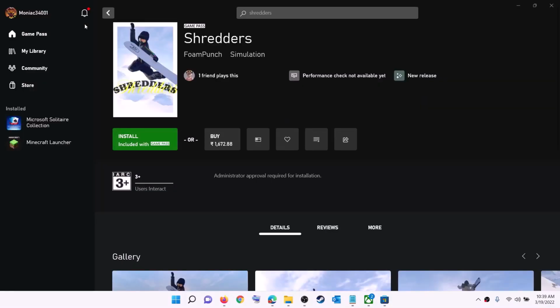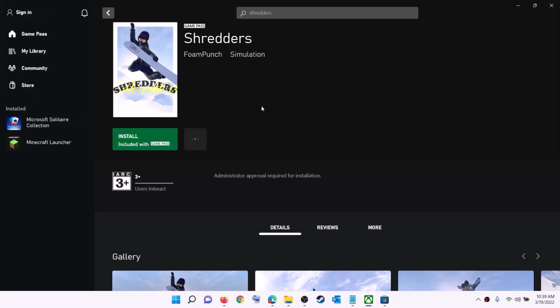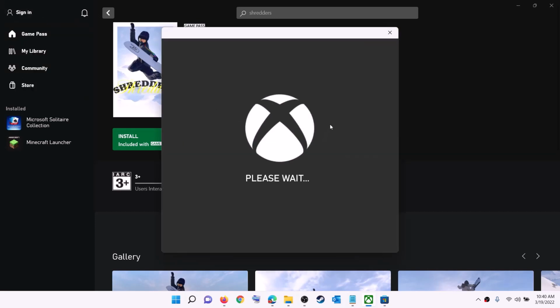Now open Xbox app. On the top left here you can see your profile icon, click on it and then click on sign out. Then again click on sign in. Now use the same account which you have used on Microsoft Store. So log in with same account on Microsoft Store and with same account on Xbox app